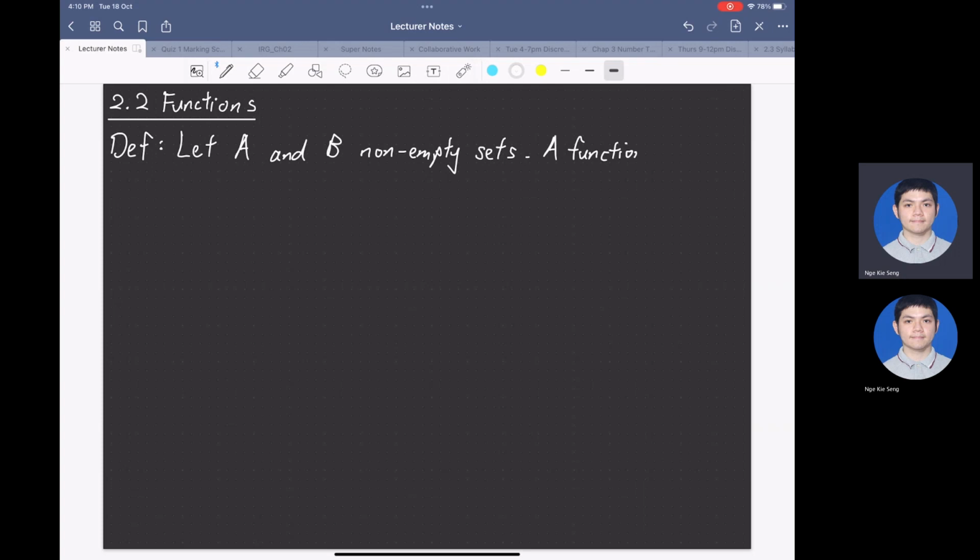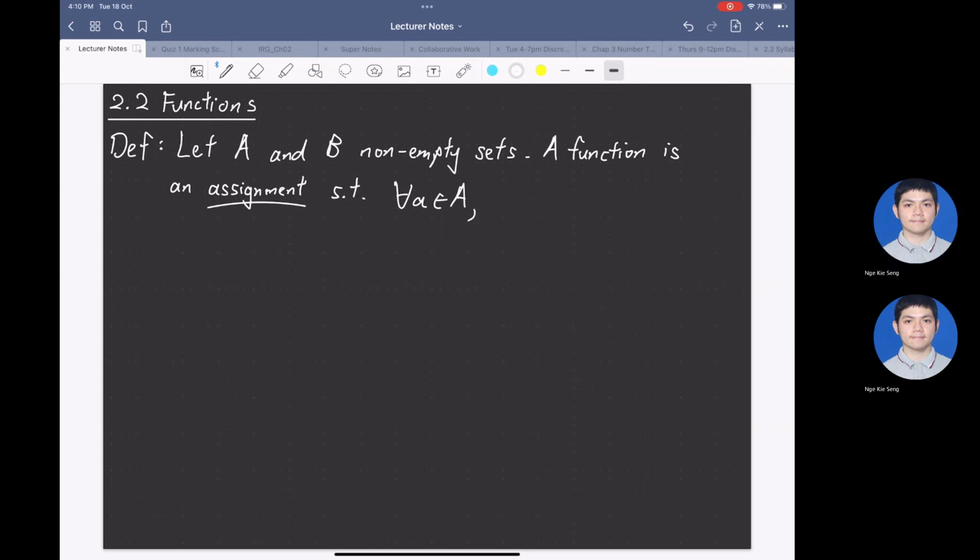A function is an assignment such that for every a in A, so for every element in the set A, we assign a unique